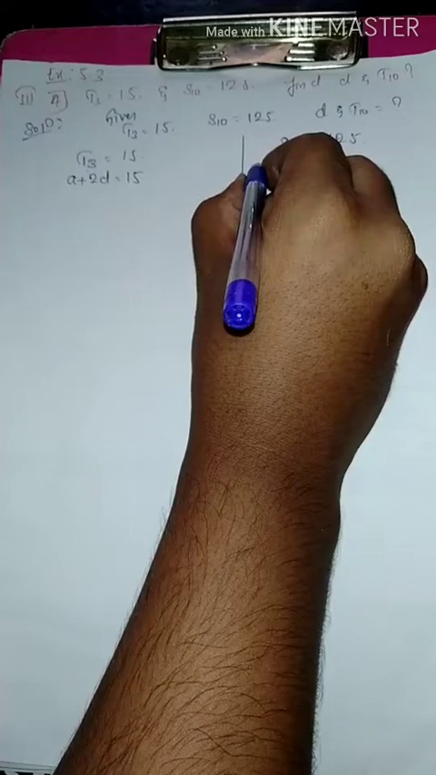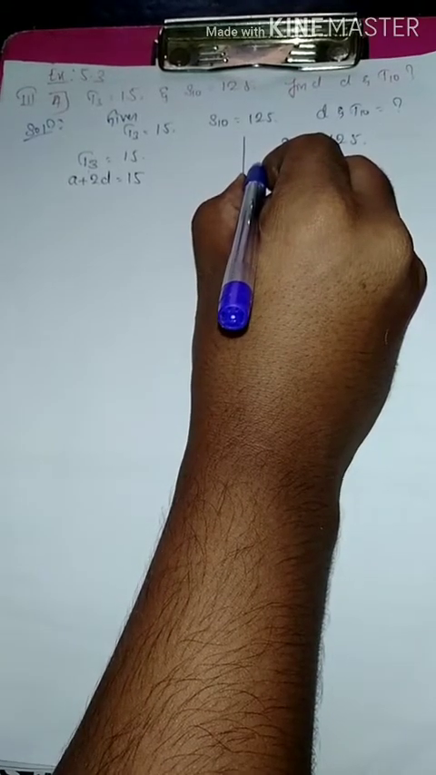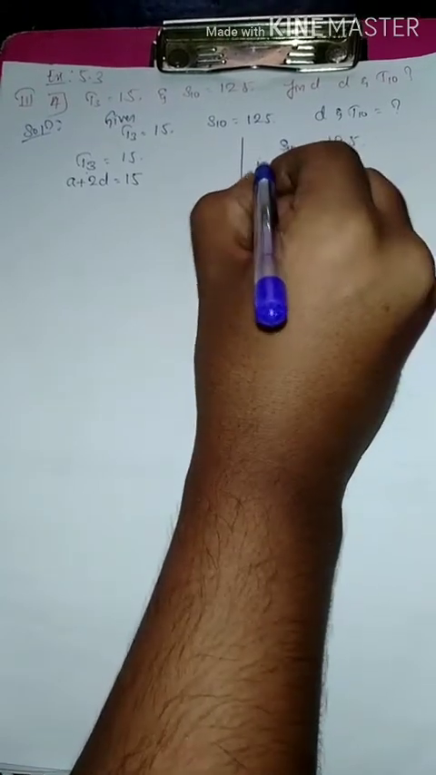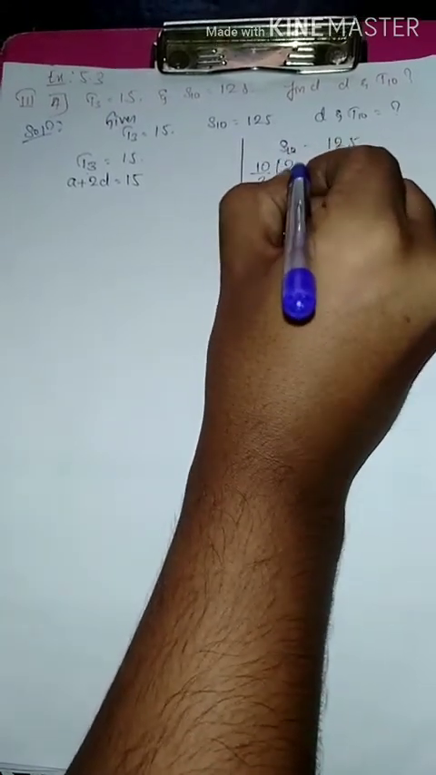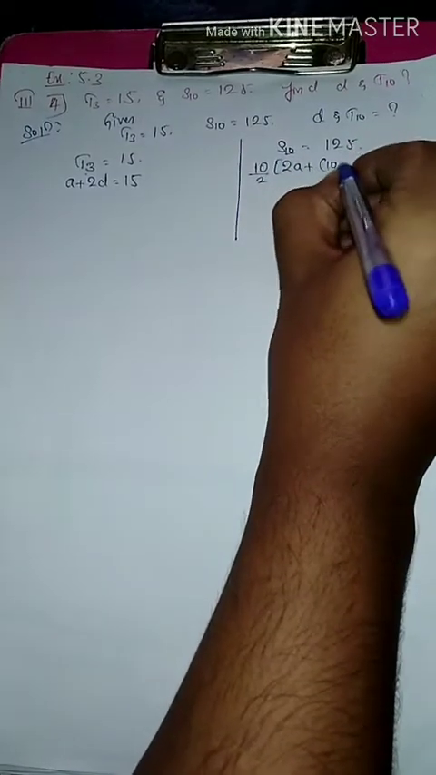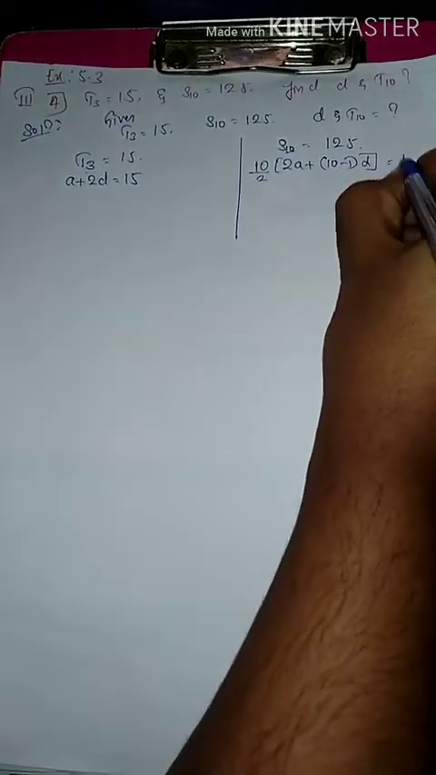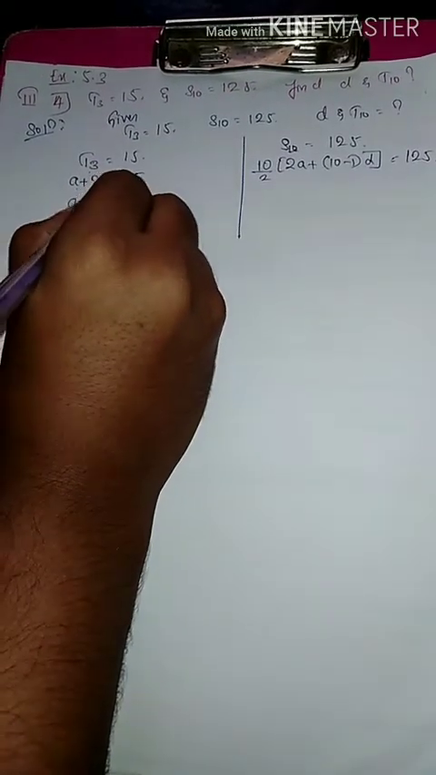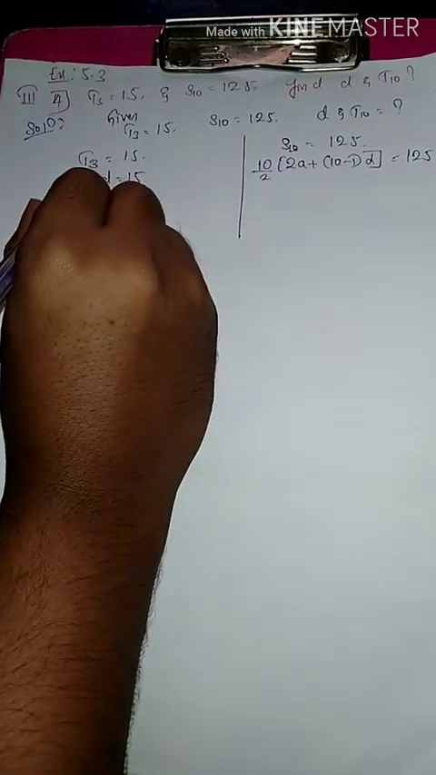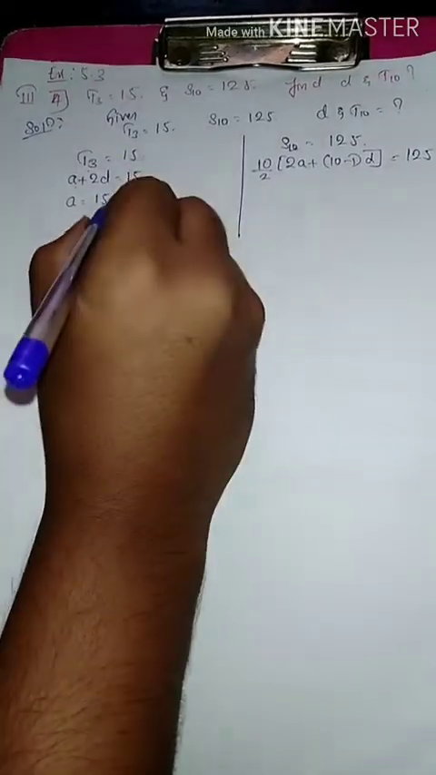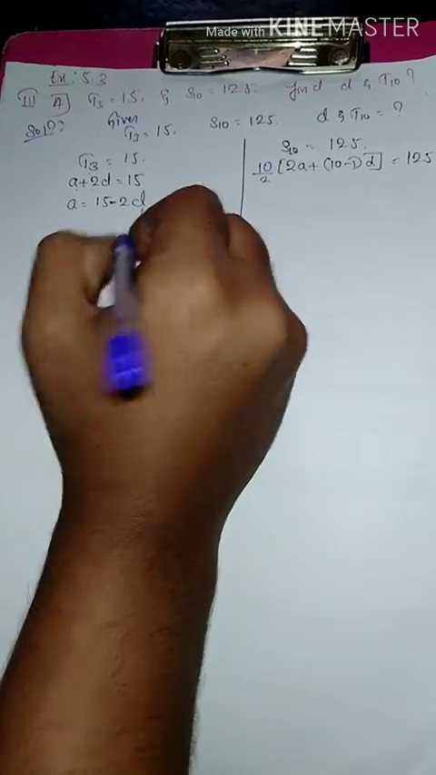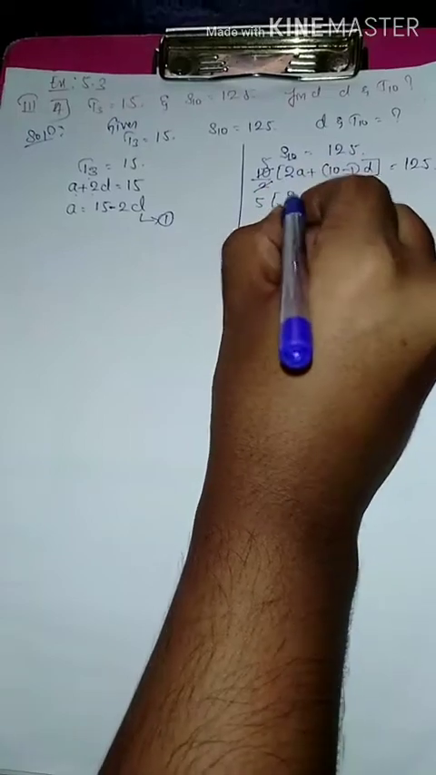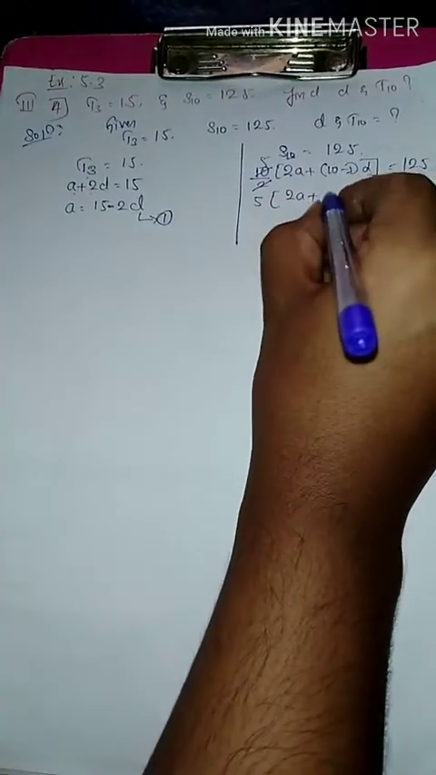but we know the formula Sn is equal to n by 2 into 2A plus n minus 1 into D, but here instead of n, 10 is there, so 10 by 2 into 2A plus 10 minus 1 into D is equal to 125. A is equal to 15 minus 2D. Plus 2D moves to right hand side, becomes minus 2D. Called equation number 1. Now 2 ones are 2, 2 fives are 10, 5 into 2A plus 10 minus 1 is 9D